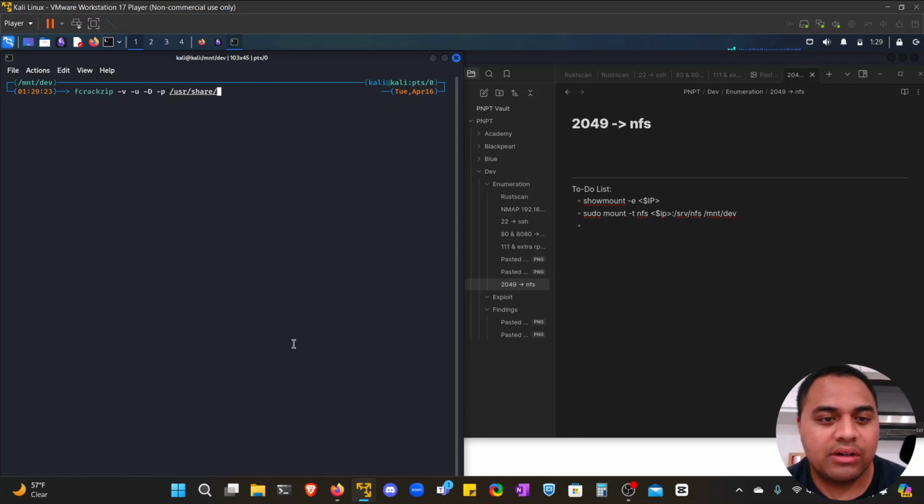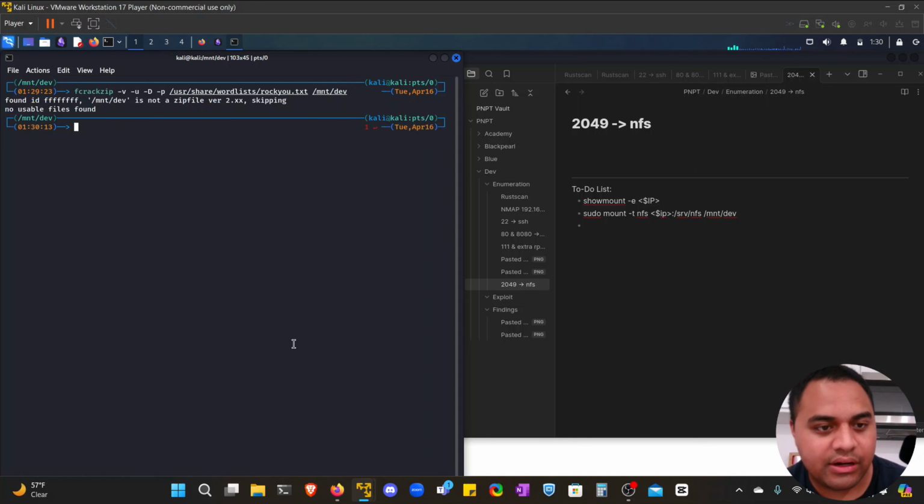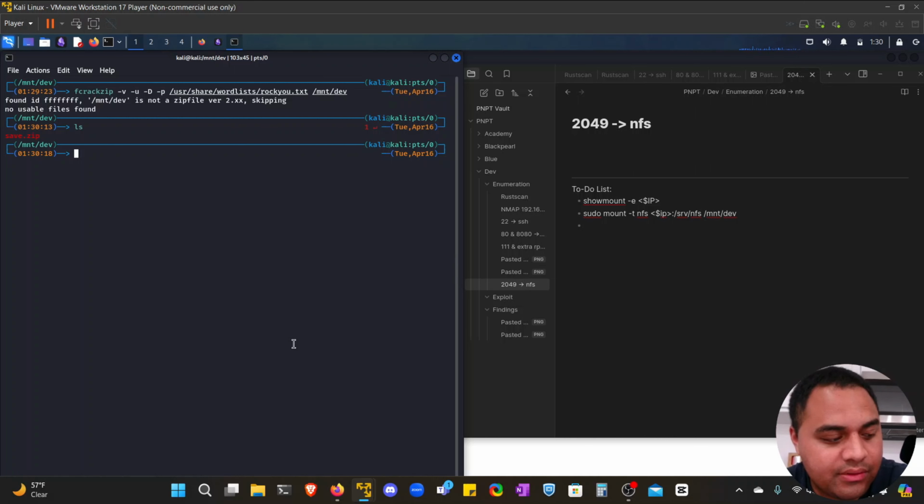We're going to use the one pre-installed on Kali, which is nice, rockyou.txt, and then the file that we want to send it to, which is this mount dev file. Oh, the u stands for unzip, that's what it was. fcrackzip -v -u